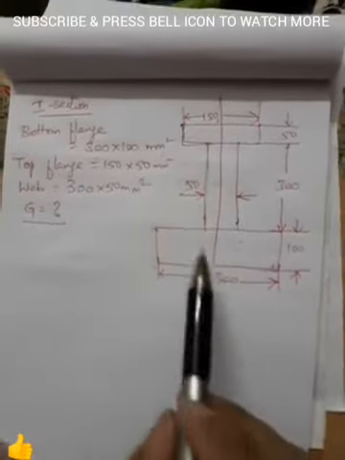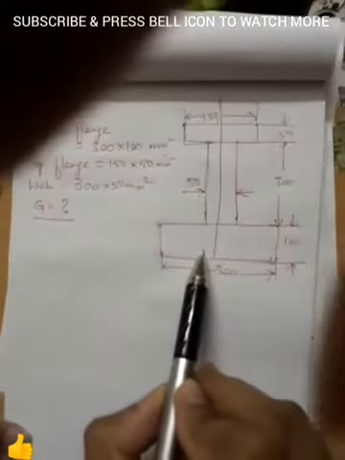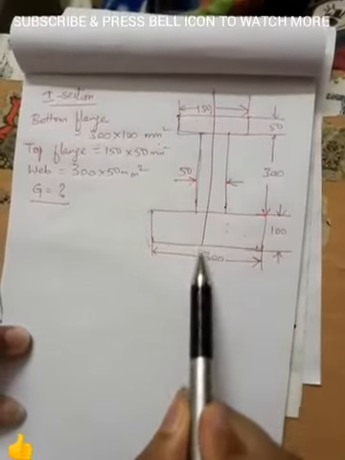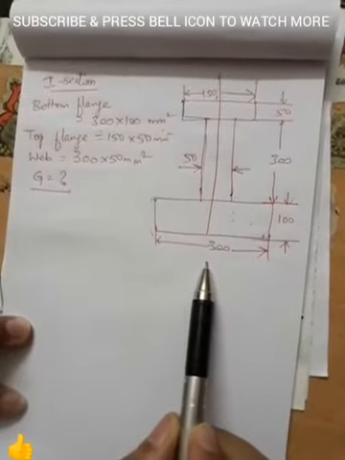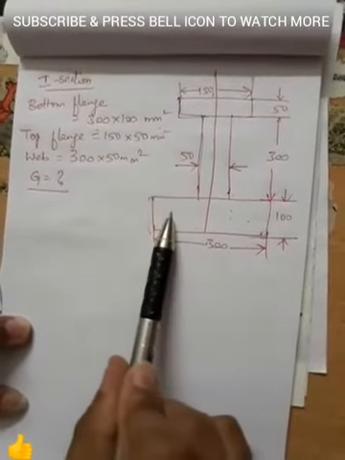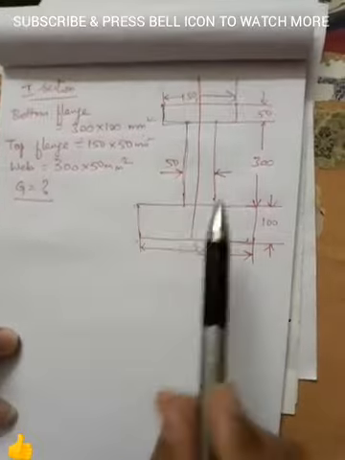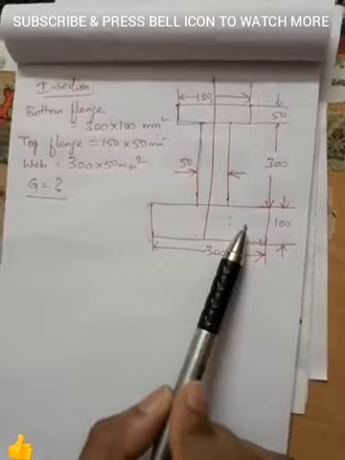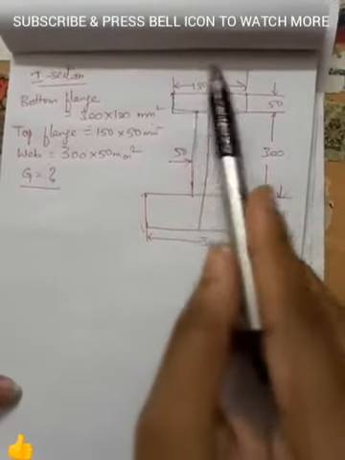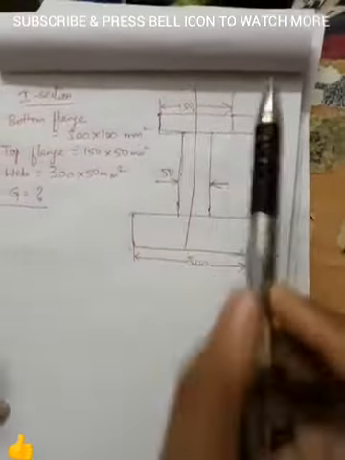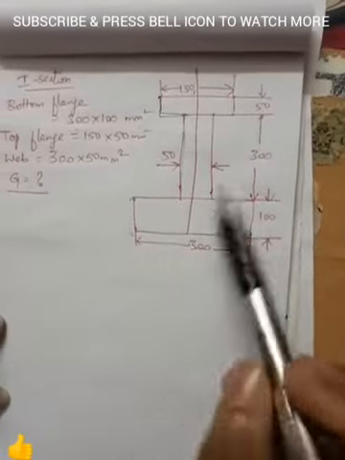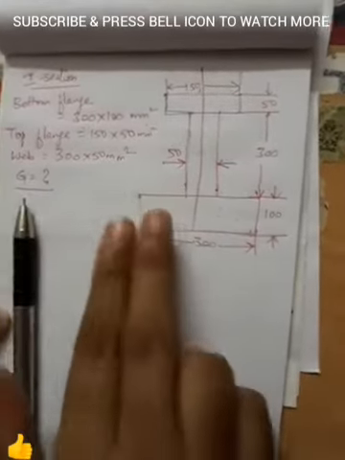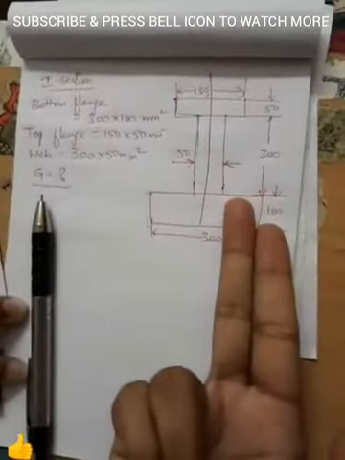Now if you keenly observe the I section here, what are we seeing? There is a line drawn over here which is acting as an axis of symmetry to the given I section. Axis of symmetry is nothing but the axis about which the images on either side are a mirror image of each other. So I can split this I section because this is 150, this is 300, this is 50, and I can very clearly see that if I divide this vertically like this, this portion is a mirror image of this portion